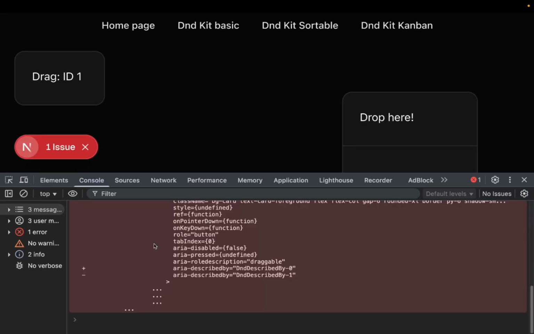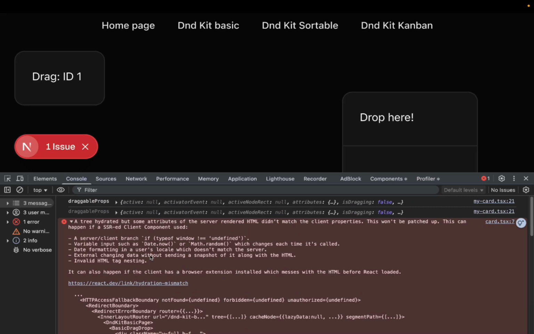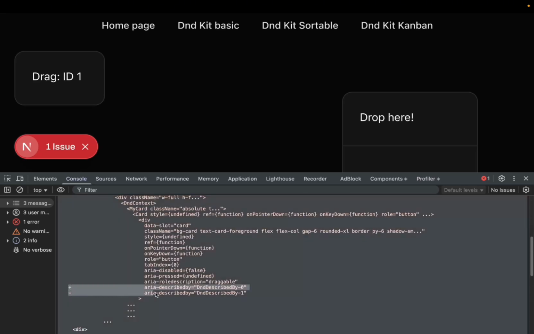You might notice a hydration error. This is a very common issue in Next.js. The error says that the aria-describedby attribute is different between server and client. What is happening? Next.js is a server-side rendering framework. It generates static HTML on the server, sends it to the client, and then JavaScript takes over to make it